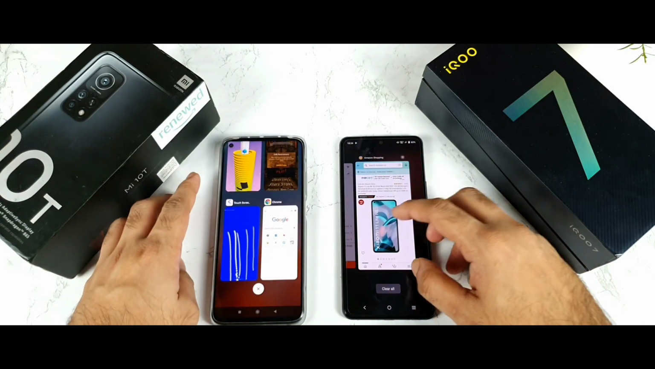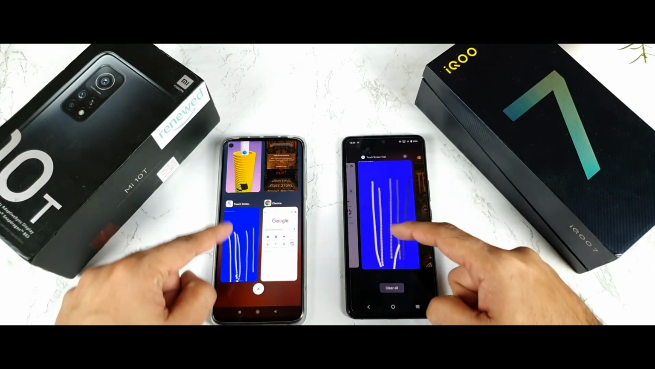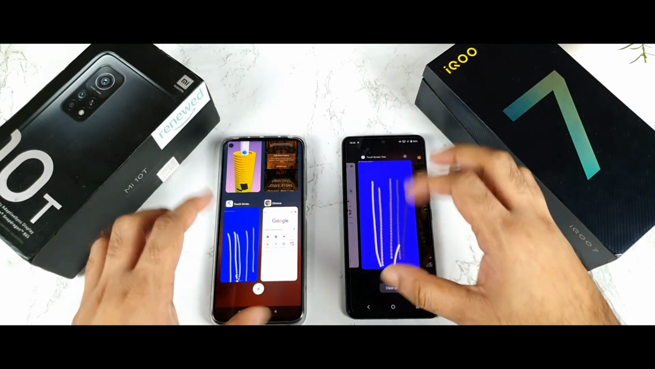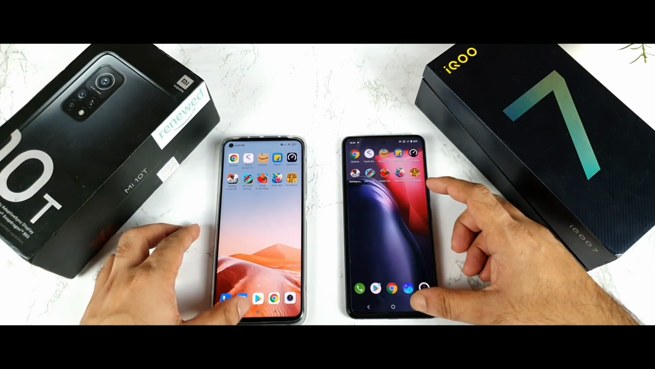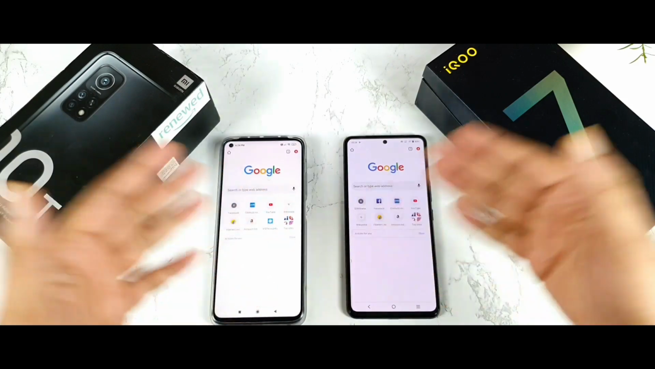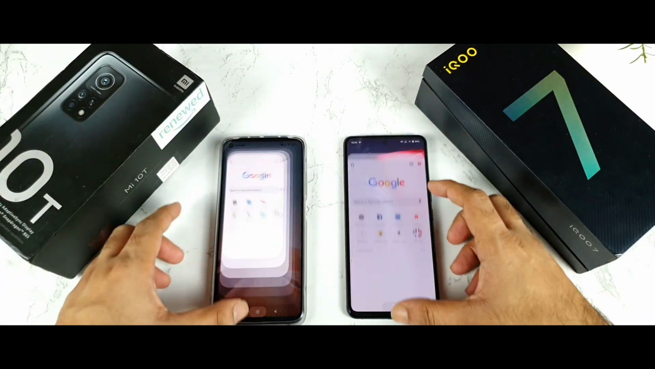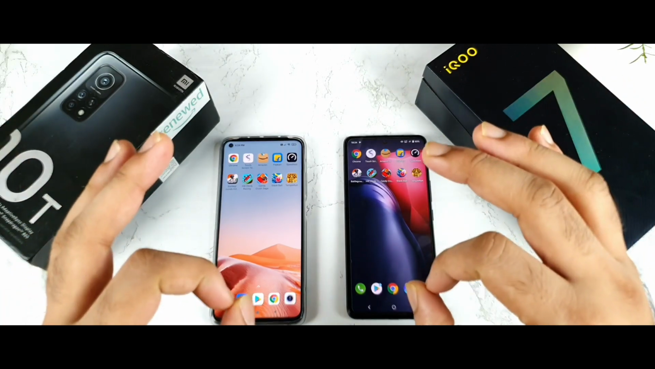So next is the touch sampling rate application. Let's see whether this can actually stay or not. You can see actually the lines in the background in the multitasking RAM management. Yes, both phones did keep the lines, no problem, friends. And next is Chrome. Wow. So both phones were able to keep 5 applications and 5 games in the background RAM management without even